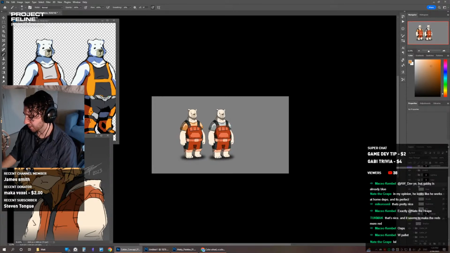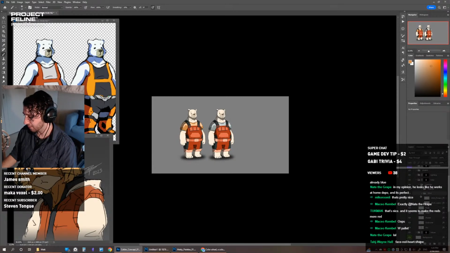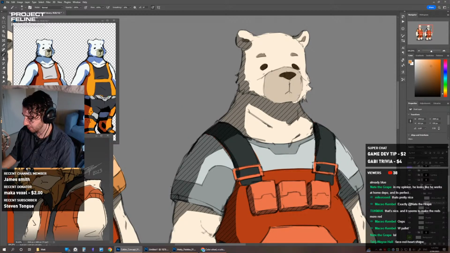Maybe I'm curious if I got rid of the stripes. Just to see. Oh no, I've got the layers the wrong way around. Yeah, I'm curious. Just want to see what happens if I made the shirt one color. Oh no, that's a values thing.